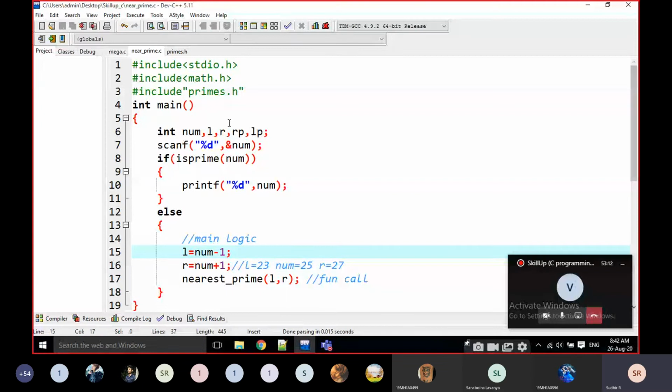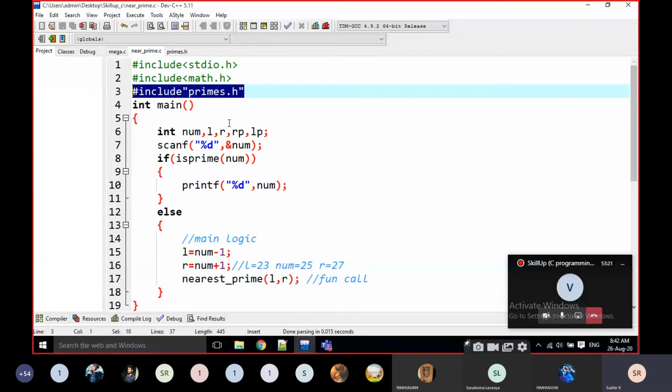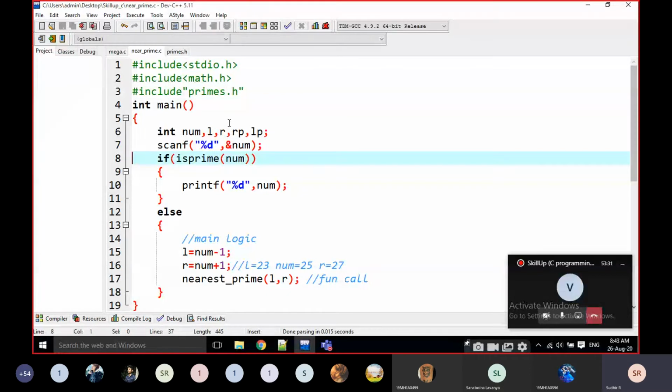Now when I am writing that prime functionality, if I want any prime functionality, I am going to directly write this functionality here and call that. That's it, nothing else. It is working as a predefined functionality, right? Now I am going to write here isPrime every time. This is a user defined function in the user defined header file. Is it clear, everyone? Just note down how I am writing this primes.h.